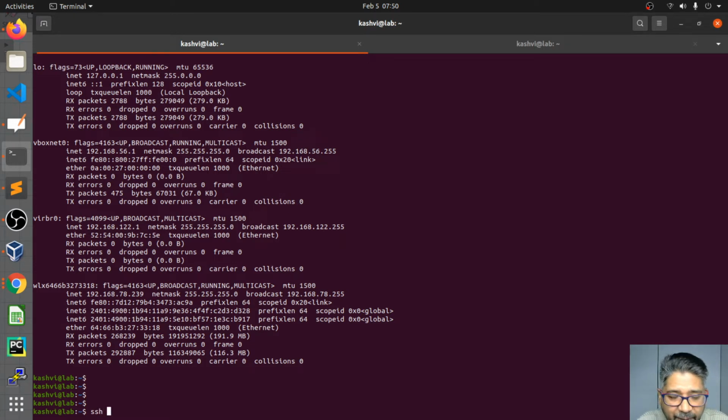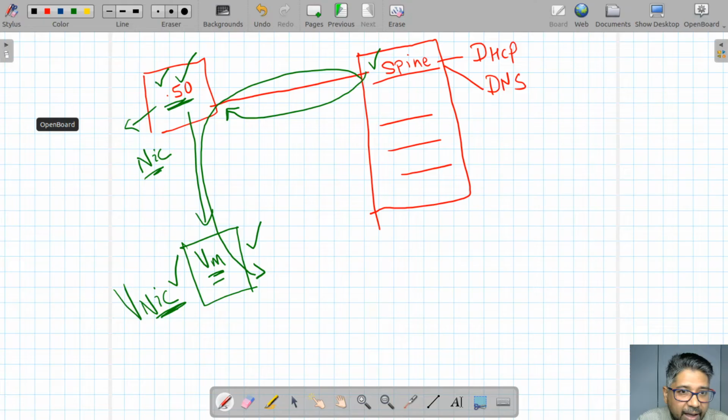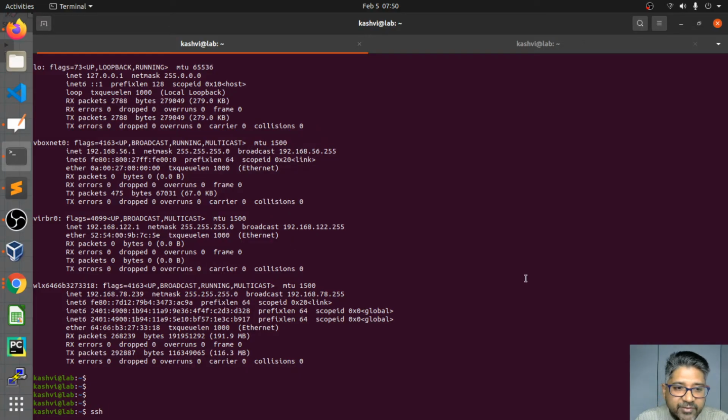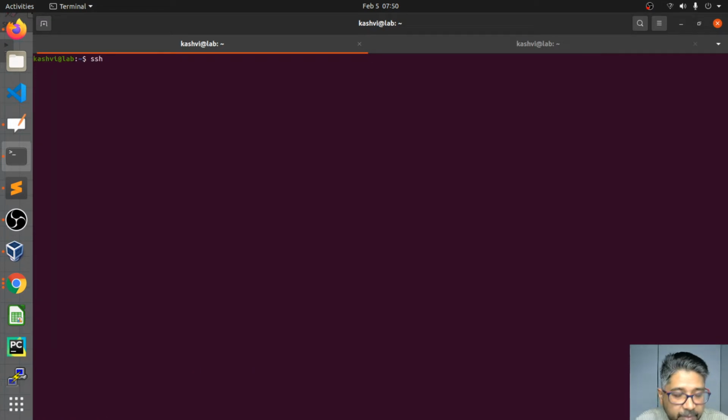So first, what is my first IP? If you see the rack IP, I have given the rack IP. So I will connect with my spine. I want to SSH to my spine. So what is the SSH command? Let me clear the screen. SSH, then you have to give the username. Username is Asu, and which device to